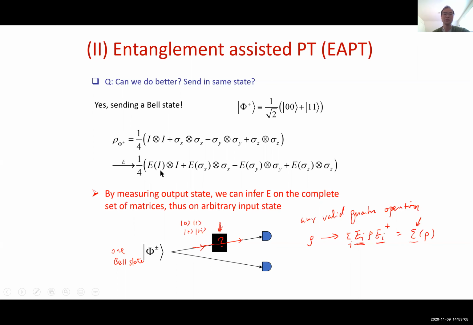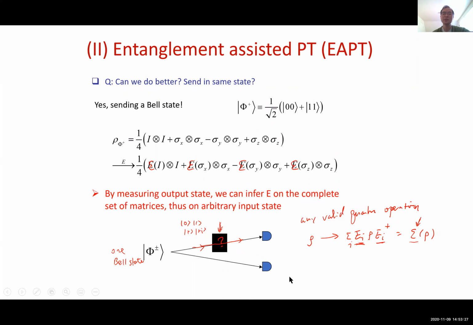So let me denote it as E acting on the identity, E acting on sigma X, E acting on sigma Y, and E acting on sigma Z. Because the I, sigma X, sigma Y, sigma Z are really independent,